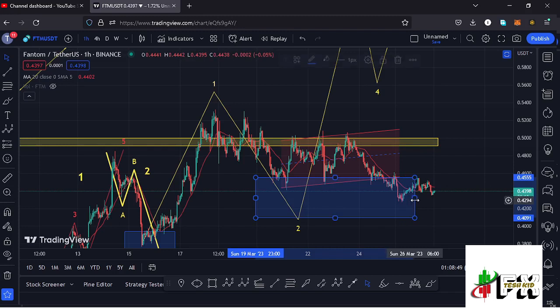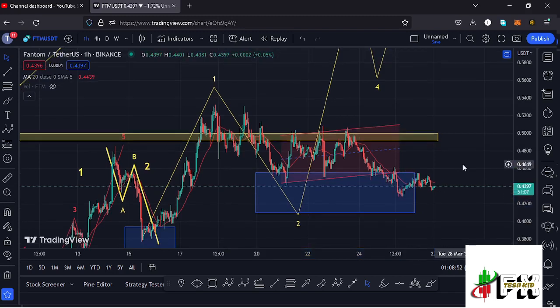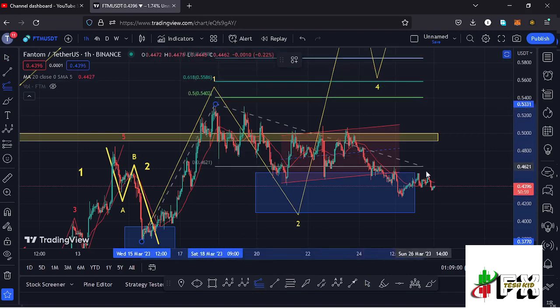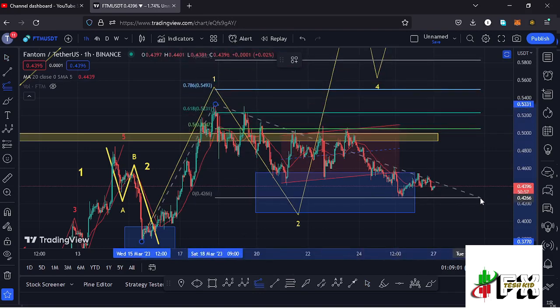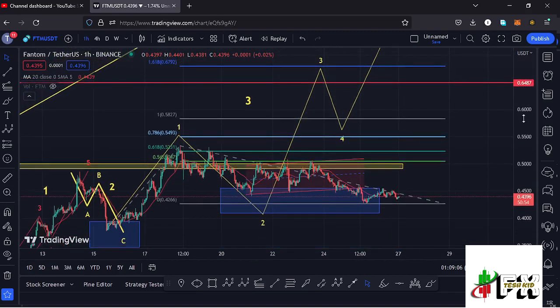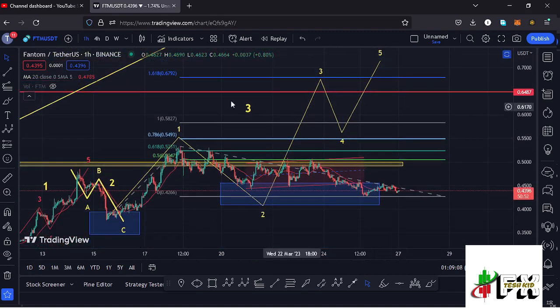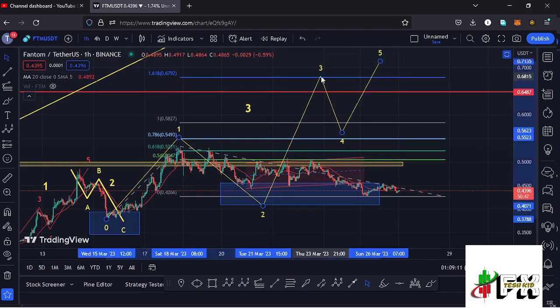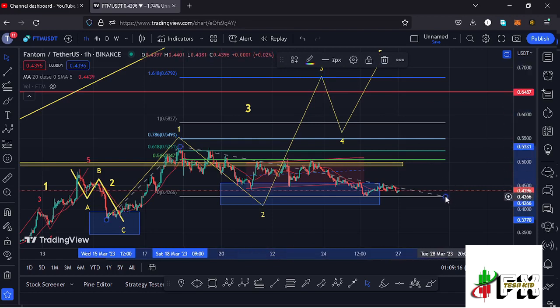And in case the reversal happens, then we can sketch out a target area to the upper side in the formation of that wave 3 by connecting the trend-based Fibonacci from the low of the first wave to the high of that wave 1, then dragging the fibs to the low of the second wave, and that now gives me a minimum target area in the formation of that wave 3 at the fib level 1.618, and that is at around the $0.6792 mark, and that is the minimum that I will expect Fantom to do here on the short-term scenarios,